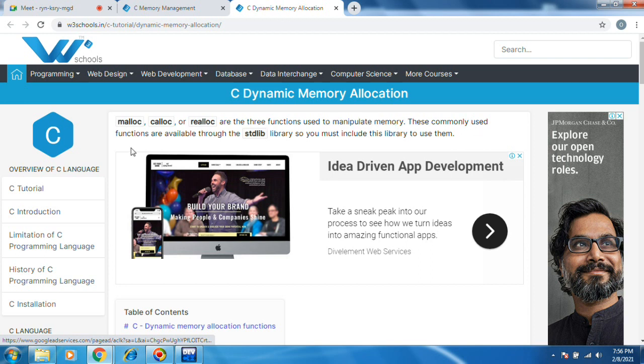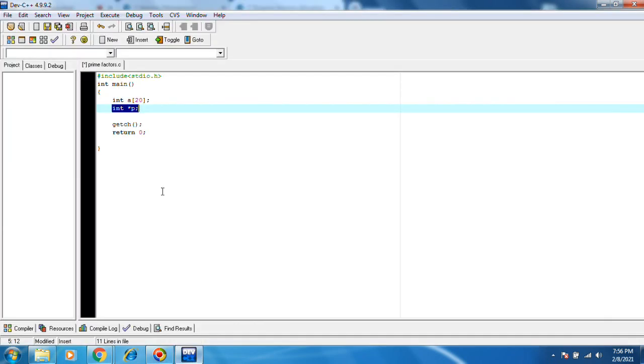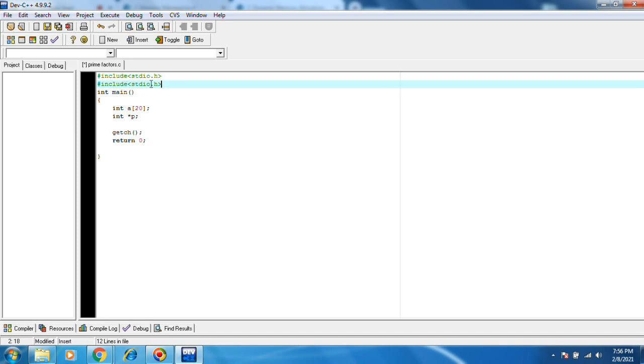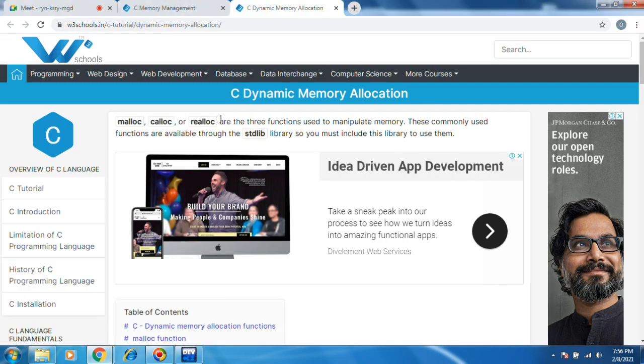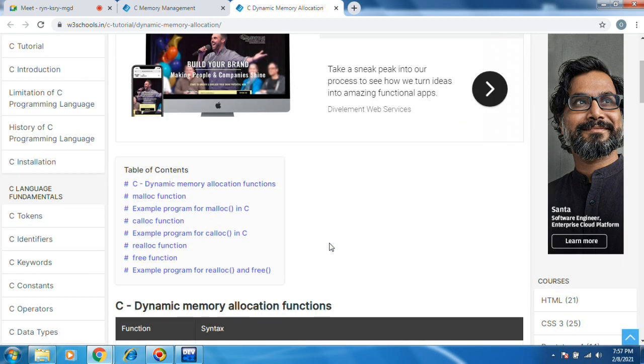These commonly used functions are available in stdlib, so you need to include the stdlib library to use these functions. We need to discuss each and every function now.